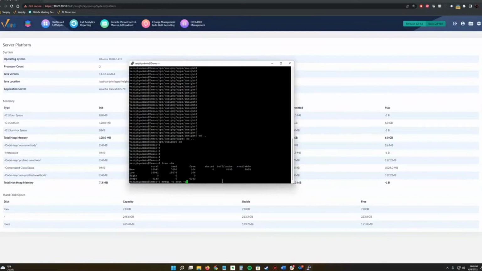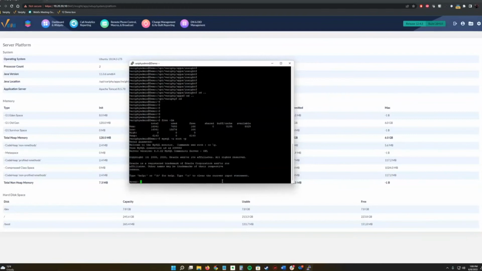And one thing when it comes to MySQL is that MySQL is RAM dependent for performance. So let's say you have a database size of 10 gig and you have 3 gig of RAM allocated to MySQL. Well, MySQL is going to take all that 3 gig and cache everything it can. Everything else is going to be kind of out in the open, so it's going to take time for it to find the stuff that hasn't been cached. So trying to get a 1-to-1 ratio as best as we can of RAM to database size is going to really increase the performance of the database being able to search for those cached records.